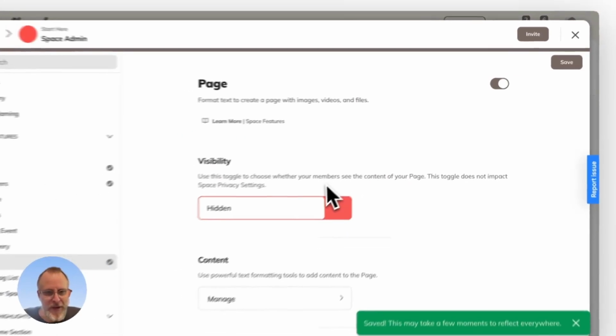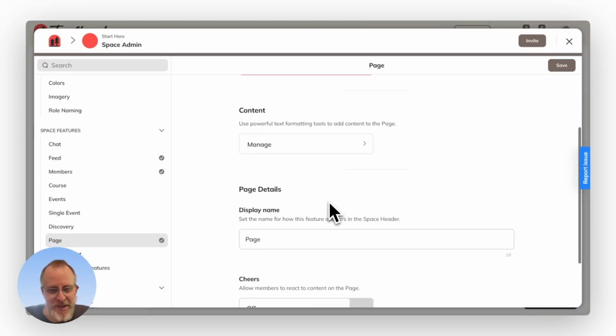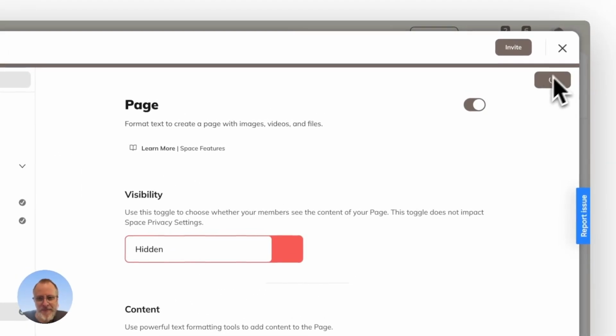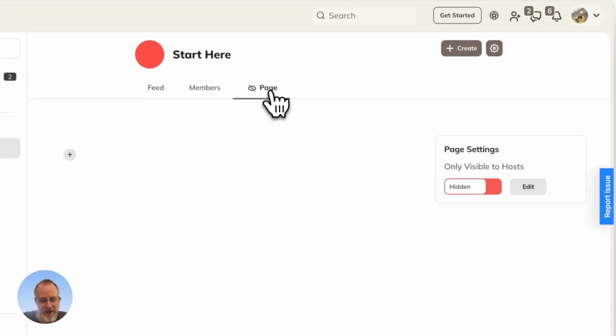And you'll notice by default, its visibility is hidden, and you can have some more management options here below. But let's save it. And you'll notice now, here's a new page option. It's empty for now. When I'm ready to finish editing it, I can flip it to visible, but for now